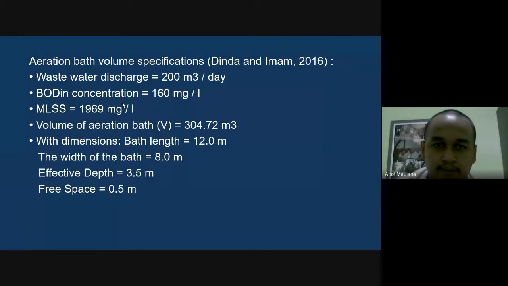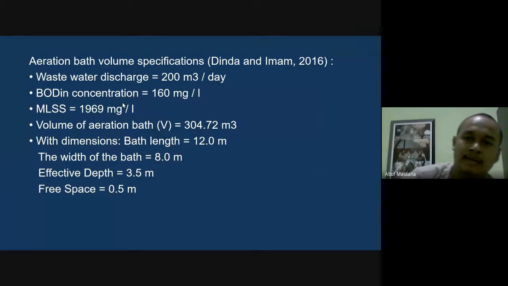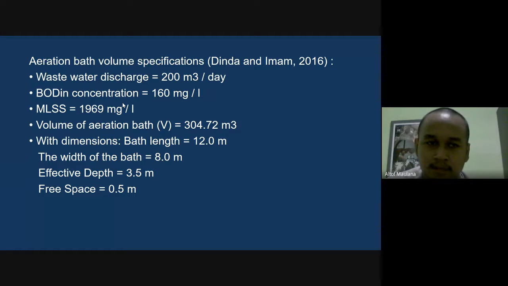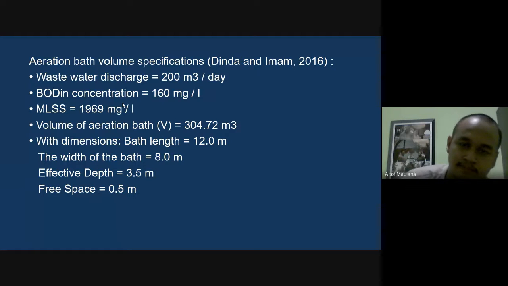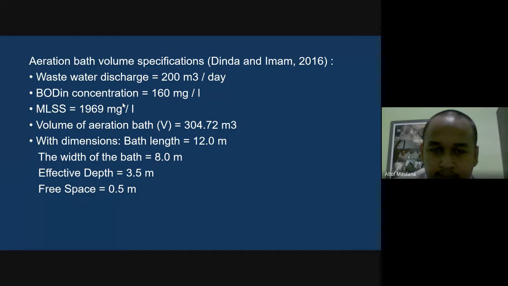The aeration bed volume specification from Dinda and Imam 2016. The wastewater discharge is 200 cubic meters per day. BOD concentration is 160 milligrams per liter. The MLSS is 1969 milligrams per liter. The volume of the aeration bed is 304